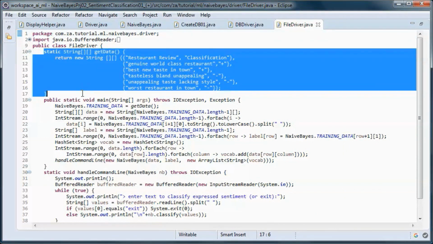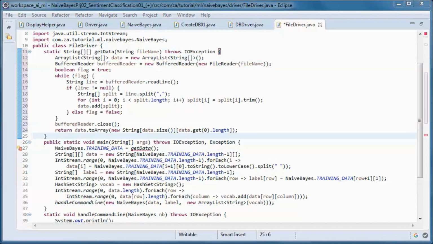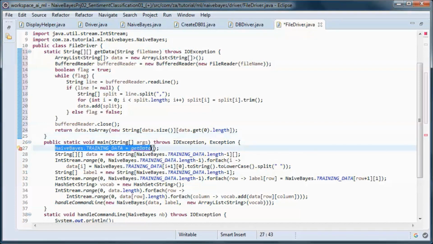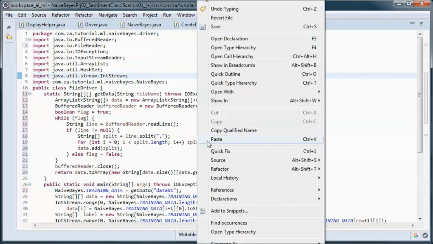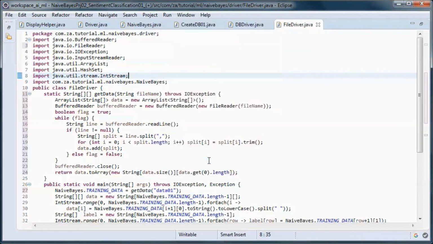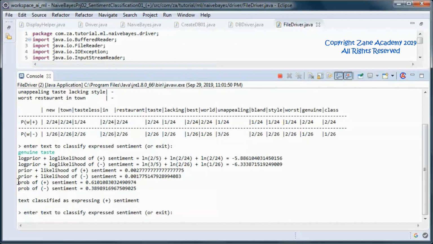And we will be picking up that file data using this method. So let's go ahead and test run it. And here we go.